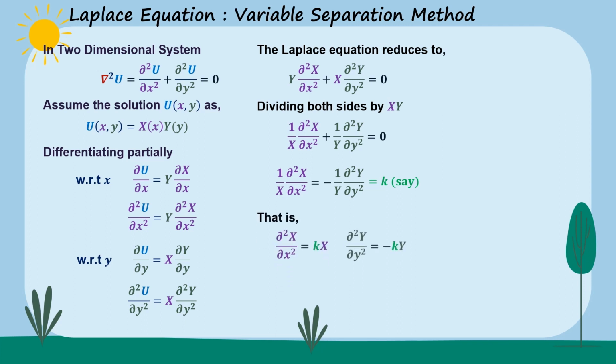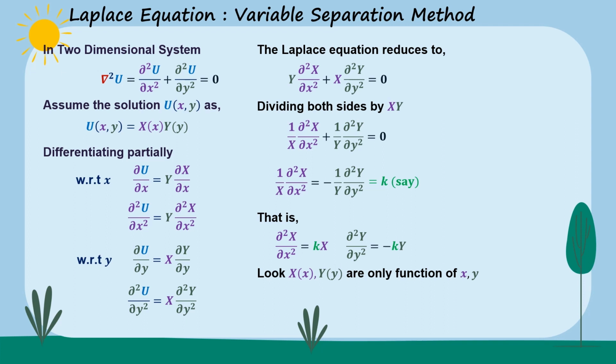Now, if we do so, we get two types of equation. What's that? ∂²X/∂x² = kX and ∂²Y/∂y² = -kY. Now concentrate on the last two equations. In these two equations, both are independent of the other variable. These are only in x, only in y. So why are we discussing the partial differential equation to make our life difficult? As both equations have the variable only in x and y separately,